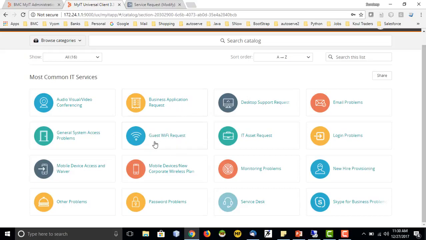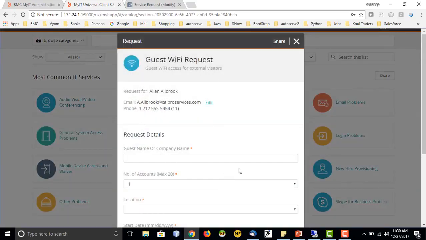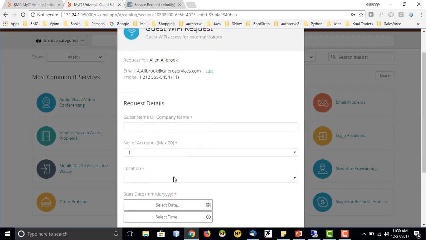So let's do one thing. Let's raise one ticket from here. Let me show you how to raise, let's say, a guest Wi-Fi request. I'll click here, and it will open up this form. This is similar to our SRM pop-up, where if we have configured some questions in a form, in a standard or simple service catalog, it will pop up a form in SRM. Similarly, here it pops up the same form. All these fields have been configured in SRM and now they are visible here in MyIT. We do not create anything new here in MyIT. It is just a replica of what we have created in Service Request Management.